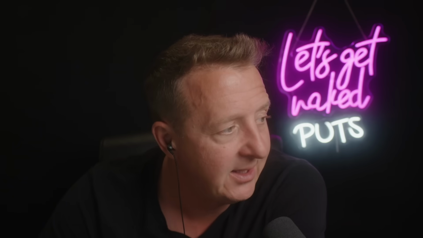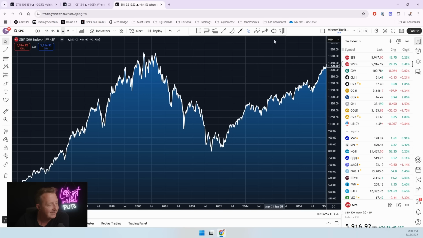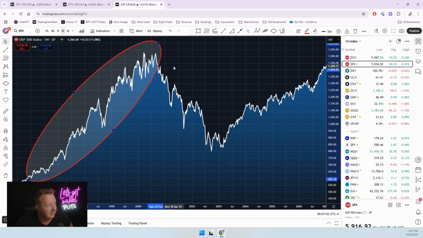This is a scenario where we have to look at what causes these market events and what we need to know. So what I want to do is go back and look at the charts and see what each one of these bull markets and subsequent market crashes look like. Going back to the 1999 2000 bubble, the one thing that is evident in almost all of these is the fact that the market has an extended bull run.